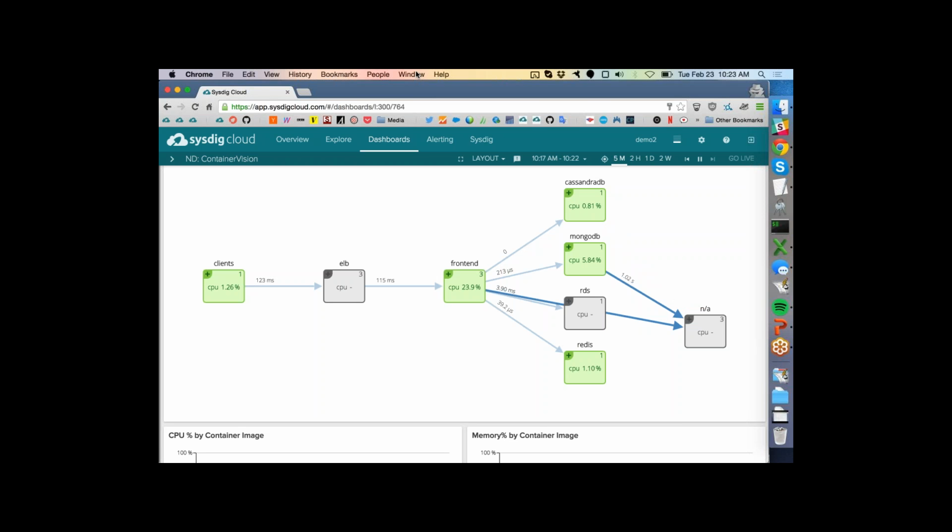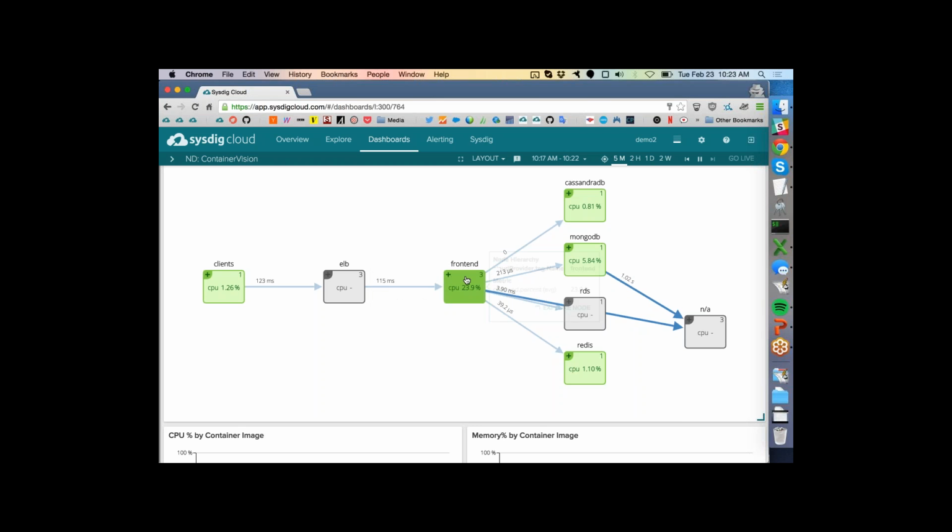So what you see here is in this demo environment, we're actually able to automatically map the logical dependencies of your application. So the way this works is you're going to take the Sysdig Cloud monitoring container, install it on each one of your hosts, and all you have to do is log into the application here, and you're automatically going to see this level of visibility. We're able to piece this all together without any configuration, no setup. You just come in here and see it, and here it is. So we can see traffic is coming in from our clients, hitting our load balancers, in this case ELBs on AWS, going through and hitting our front end here where we've got 3 servers running, and then out to the various data layers that we're using in this application.